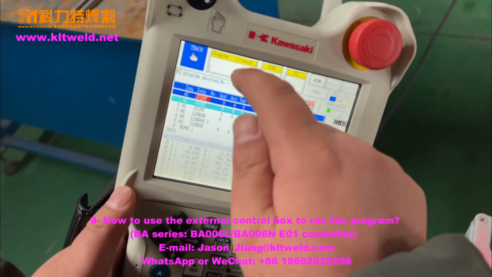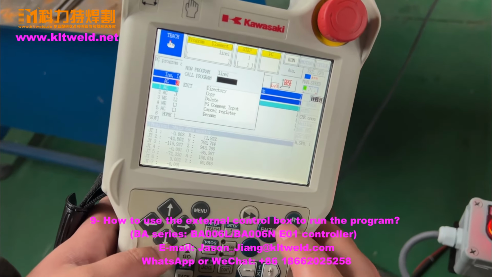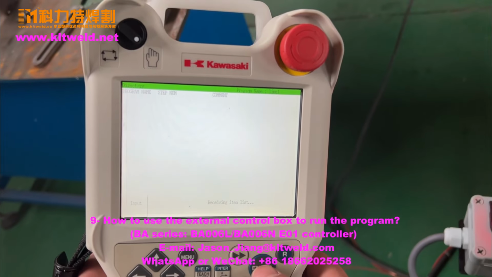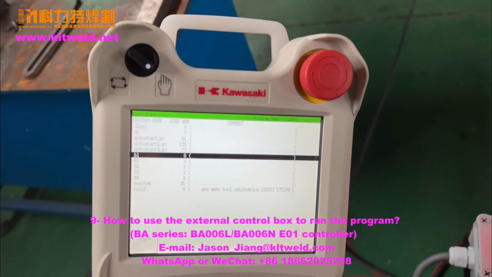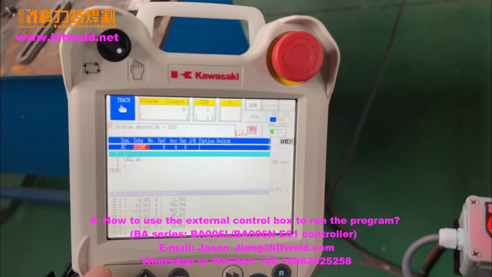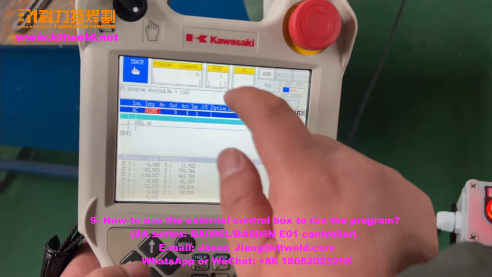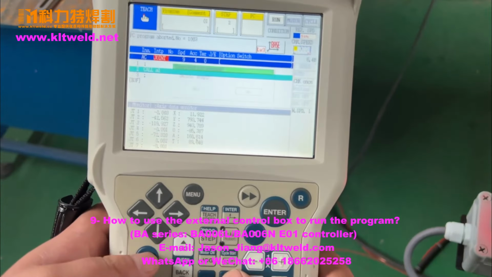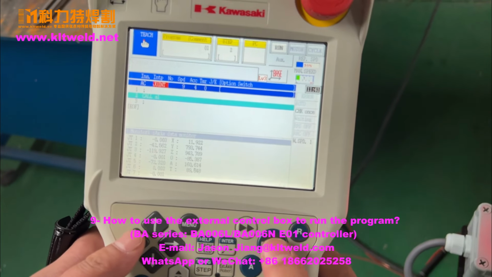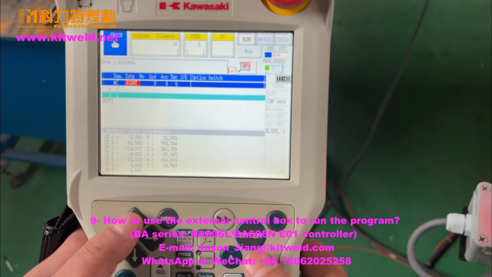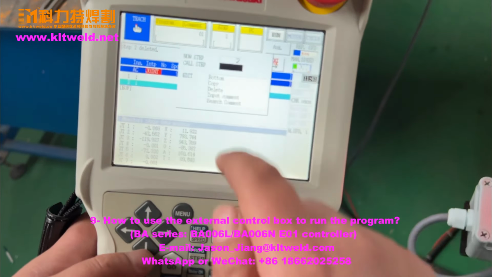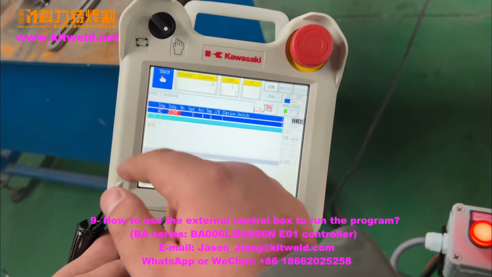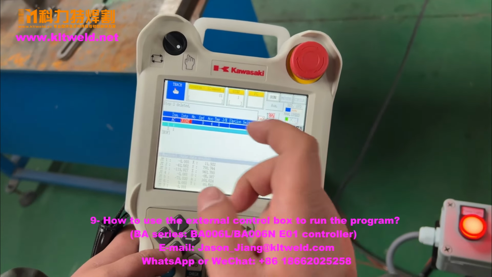Choose the open the program 01 here. We now choose the step and delete the step 1 or 2. We now choose the one. Use this one is mother program and